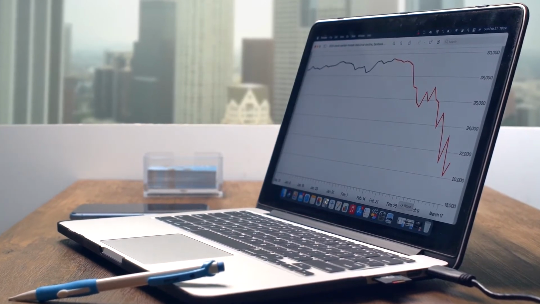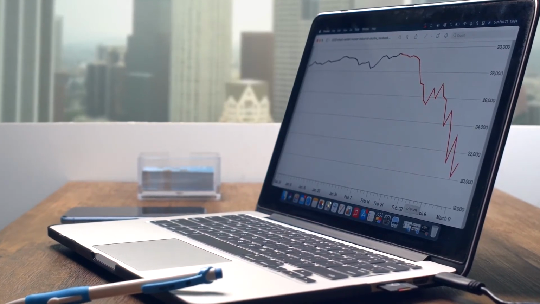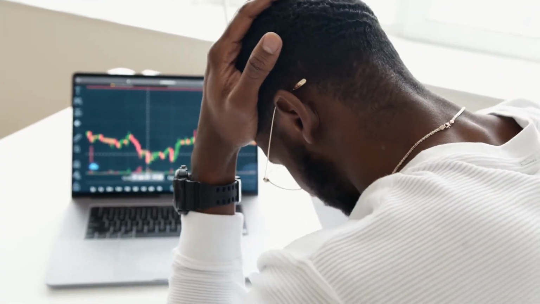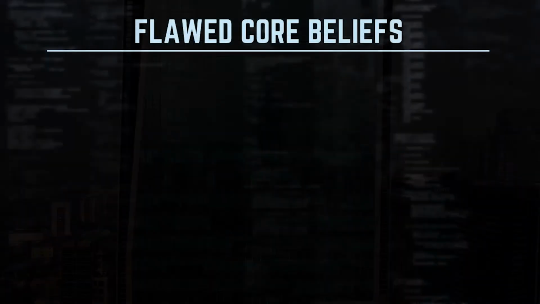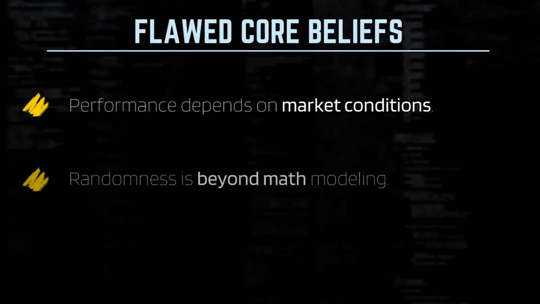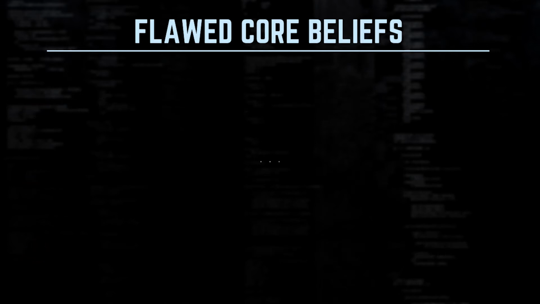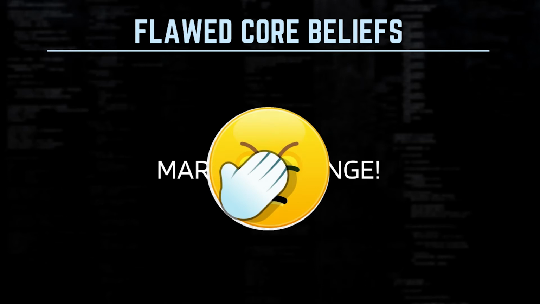Failing to understand that aspect is precisely what is drawing quantitative professionals to an inevitable failure through eroding performance over time. Or conversely, what is leading retail traders to rely on indicators and optimization as the weak basis for designing their systems. No matter the level of sophistication of the trader though, the flawed common denominator of a belief remains, which is that performance is only contextual, that stochastic processes cannot be described by a holistic framework, and that, in a nutshell, since quote-unquote truth cannot be known, all strategies are doomed to eventually fail anyway because, wait for it, markets somehow change over time. Does it sound like a familiar statement already heard ad nauseum?